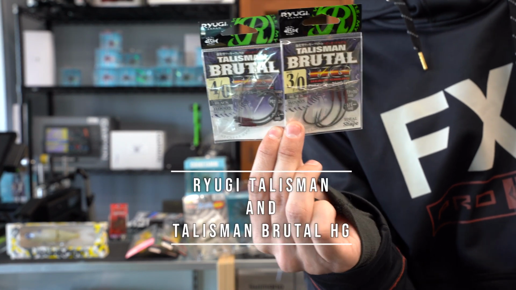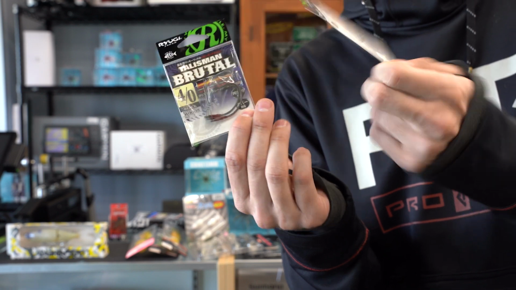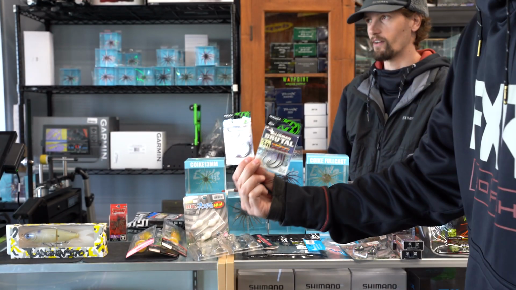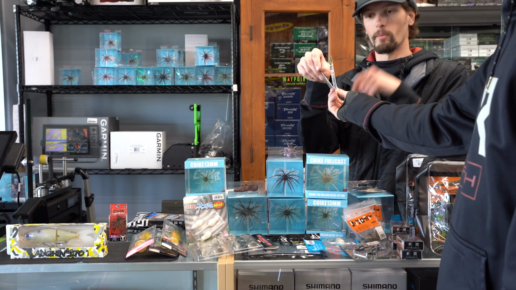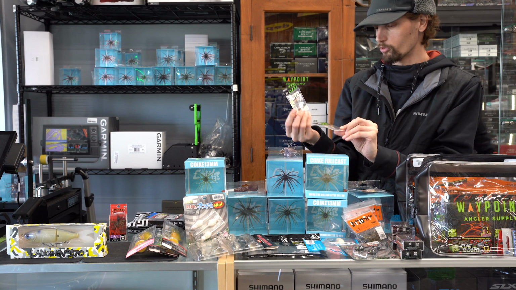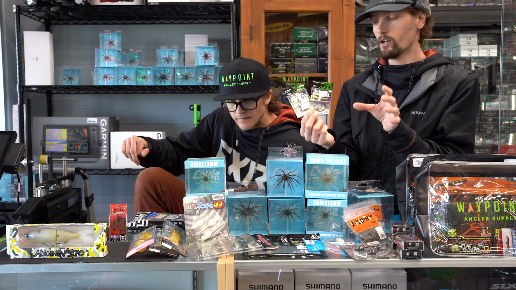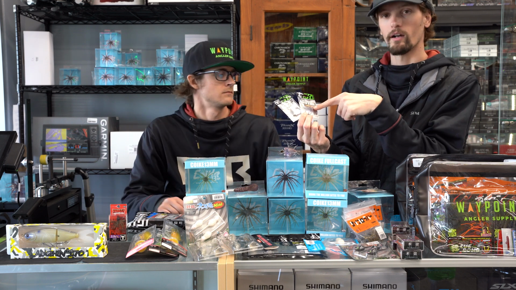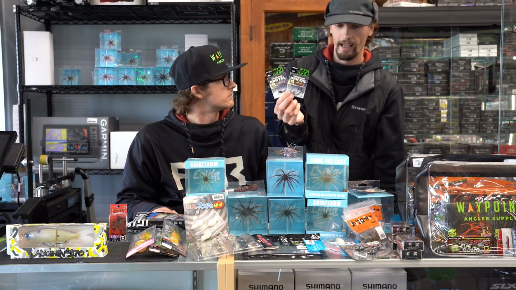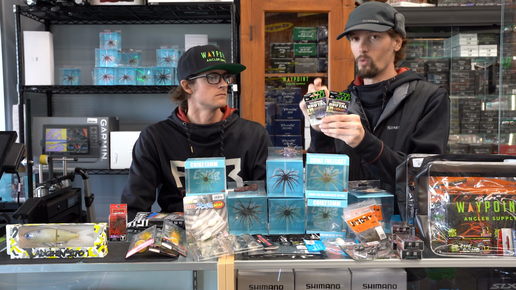If you haven't checked out the Talisman, these are the Talisman Brutal HGs. We've got them in what, 1/0 all the way up to 4/0? Yep, and more coming. We even have as small as number 2 and number 1 on the way, which is gaining popularity. I'm glad you selected the Brutal because it's got a little heavier wire hook. It's got the wire weed guard on there. When I'm throwing my Koiki full cast and my Koiki 17 millimeter, I like that heavier wire